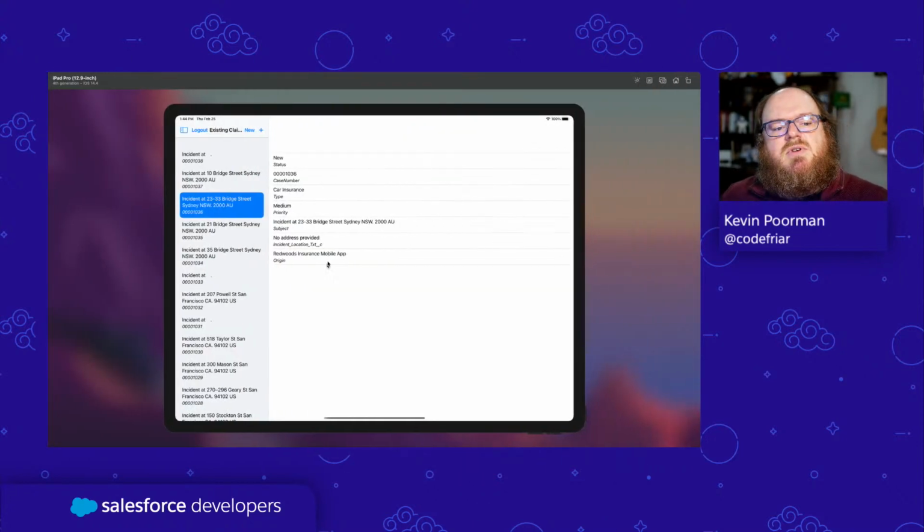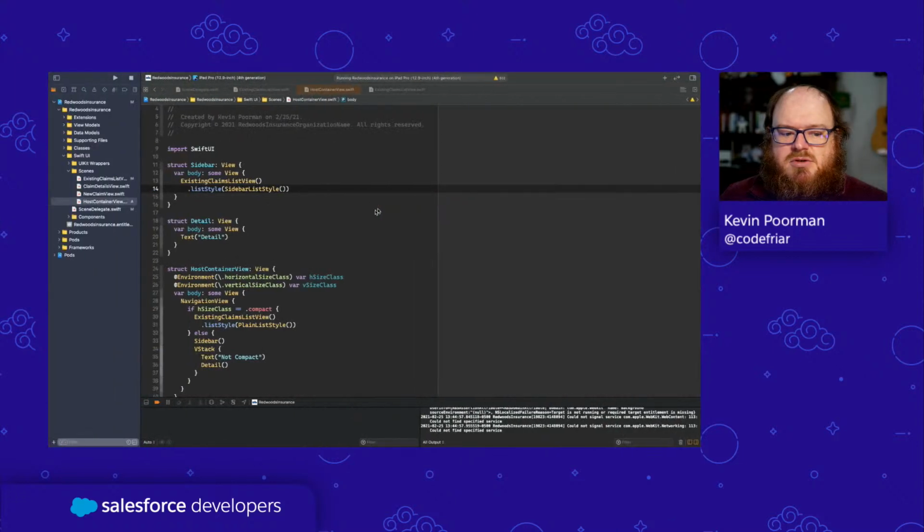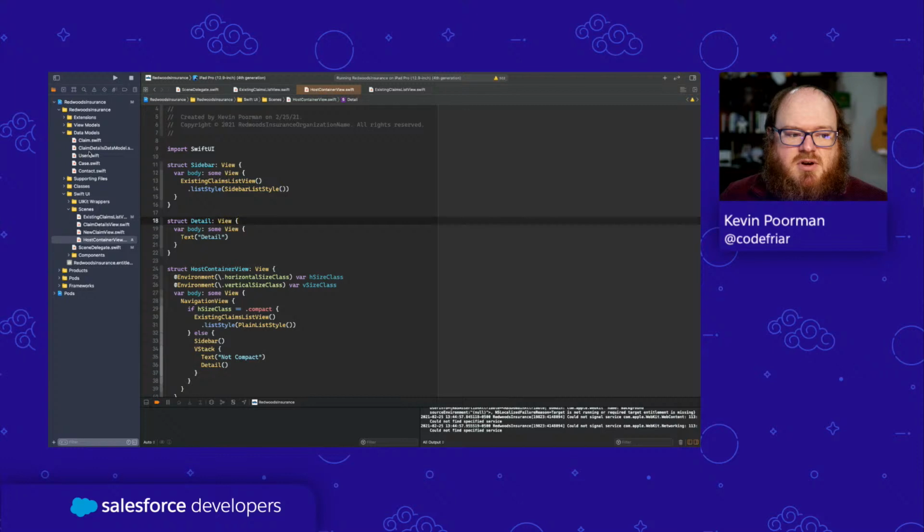Now, the thing is, on our iPad, when we're looking at this information, we've got so much more real estate. And you can tell that we've got all this white space here. So what we could do is modify our view such that, if we are on that iPad, we can say maybe display a map. So let's go ahead and pull the map information. And the way this works, and we're going to dive into how the SDK for Salesforce works here a little bit, is we've got our data models and our